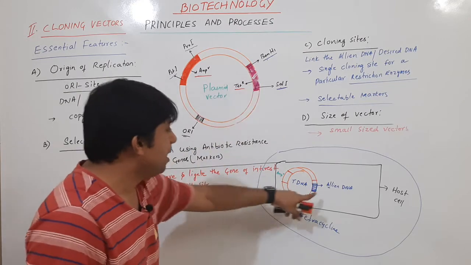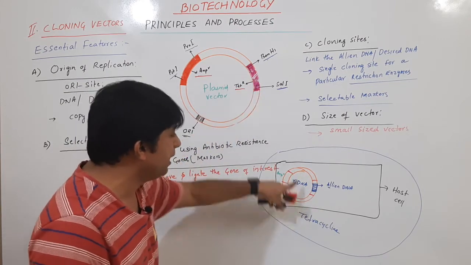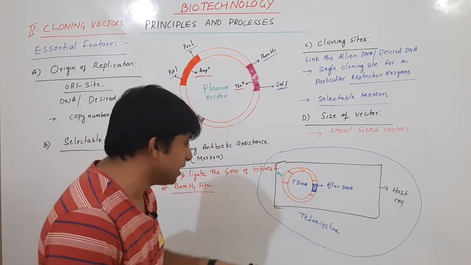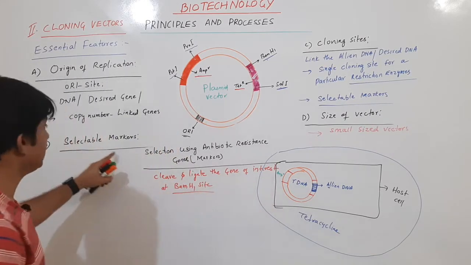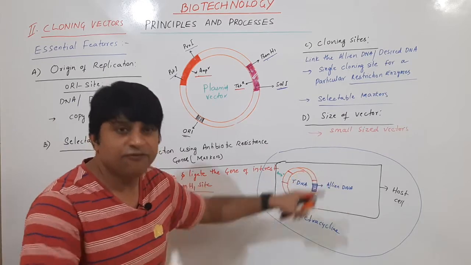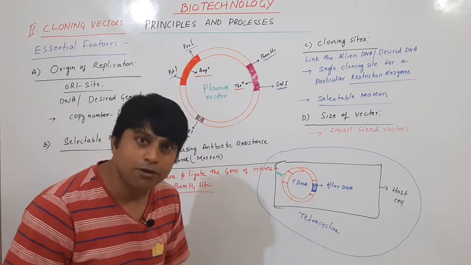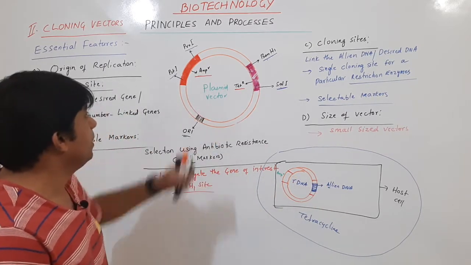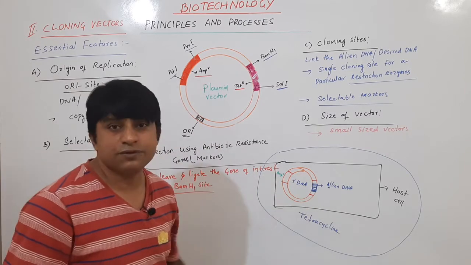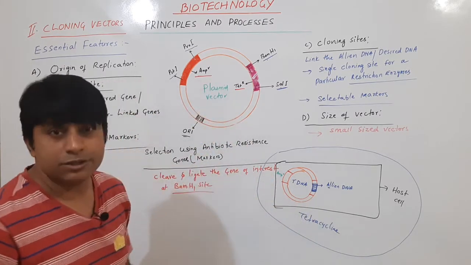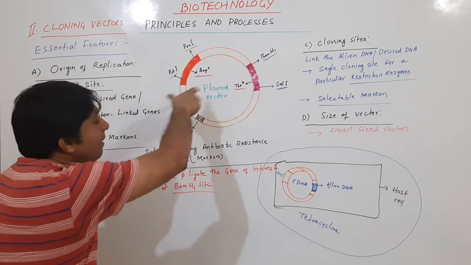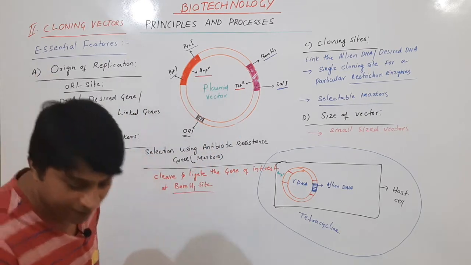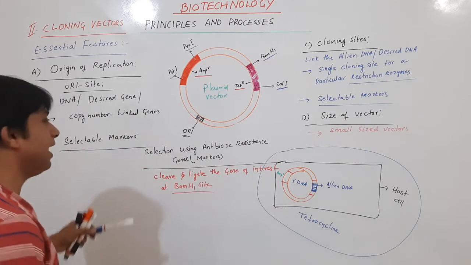Because of adding our gene of interest at this particular site, it will not show resistance to tetracycline. So this is how these selectable markers are used for differentiating recombinants from non-recombinants. In the pBR vector we have such two marker sites, which are drug resistant or antibiotic resistant marker sites. Next we'll see beta galactosidase.